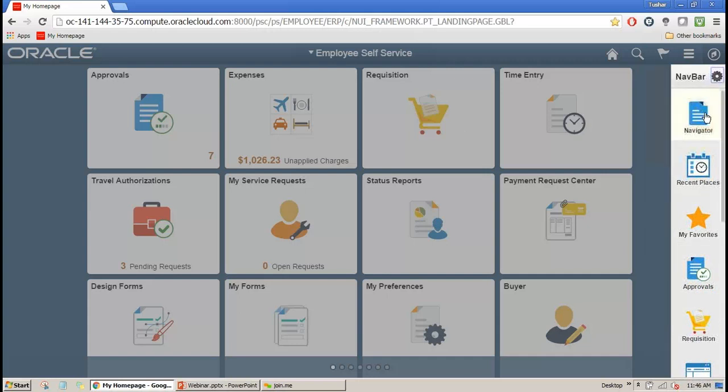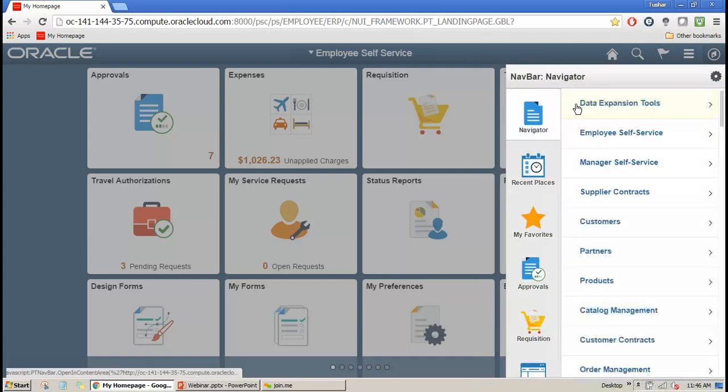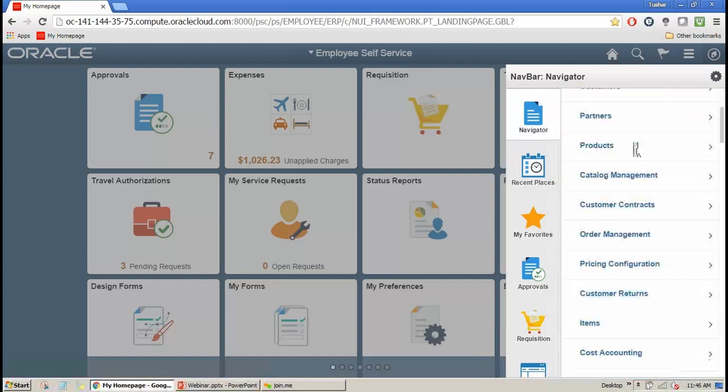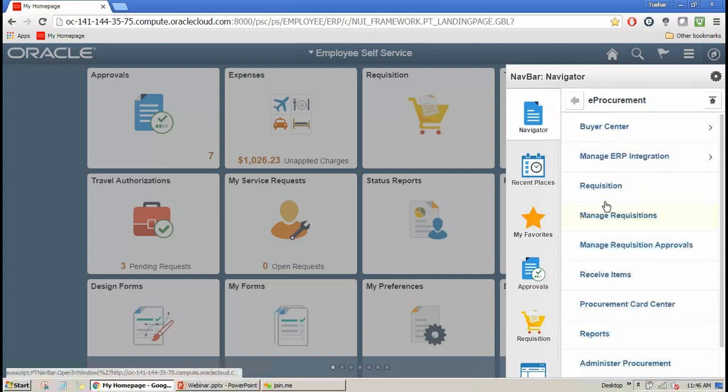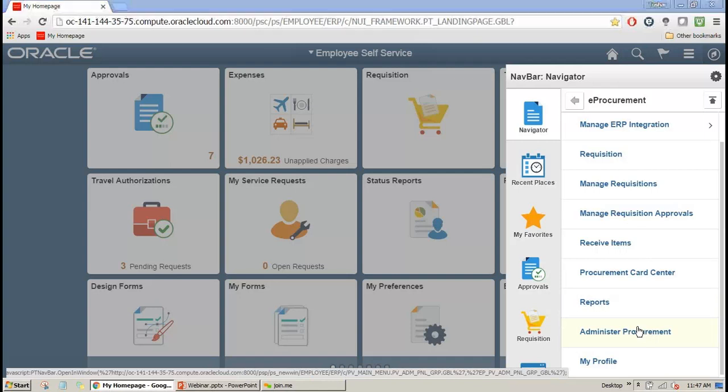However, if I want to use different features within the ePro module, I can still go via Navigator. I was in the ePro module. I can show you. I go back in the eProcurement module here, and you see all those menu items which you see in Classic menu. Some of these menu items may not have a Fluid interface delivered with the PeopleSoft application, which